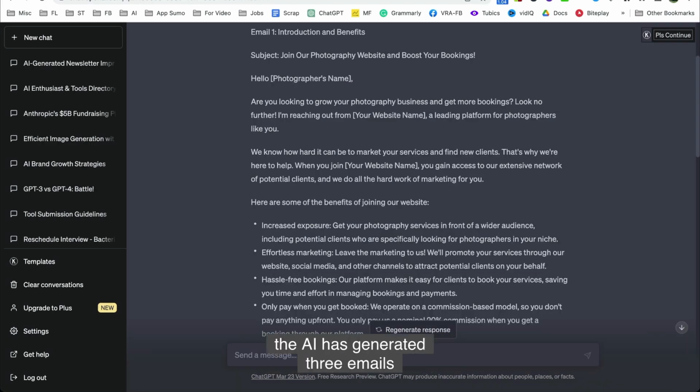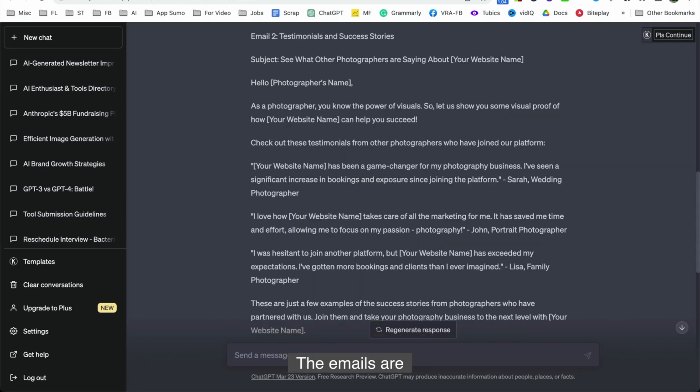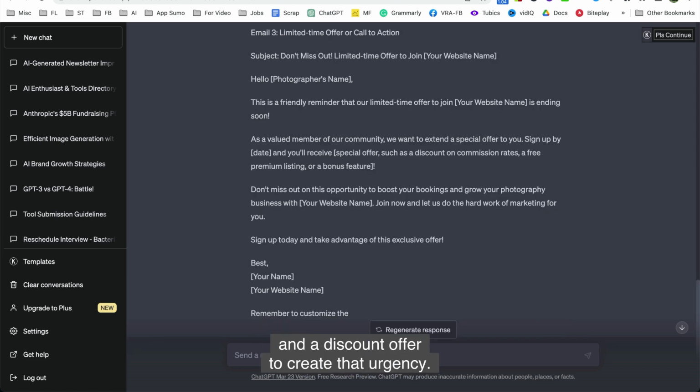And as you can see, the AI has generated 3 emails with subject lines in seconds. The emails are informational and relevant to the topic. And the best part is that they are just not sales emails. It's a nice mix of sales offer, testimonials, and a discount offer to create that urgency. With some light edits, I can add this email to the automation system and my email campaign is ready to